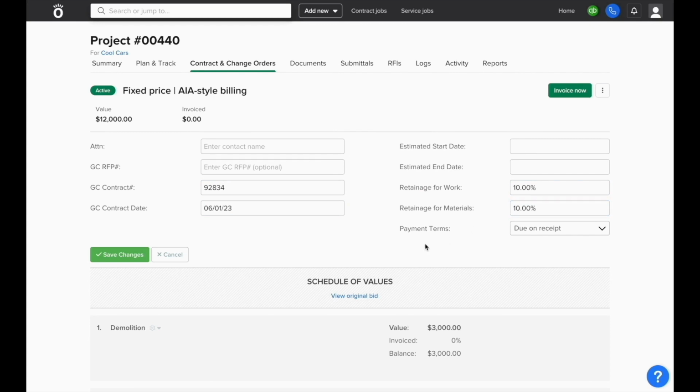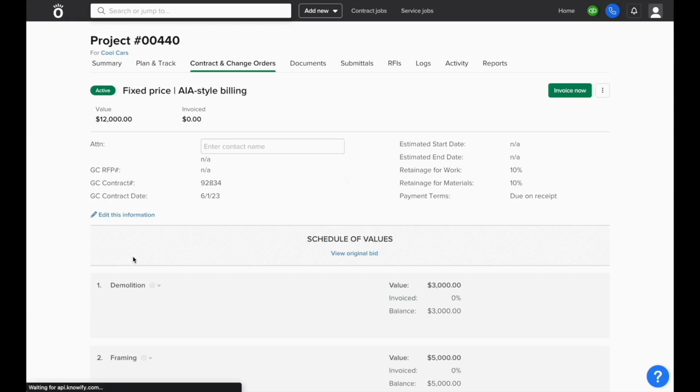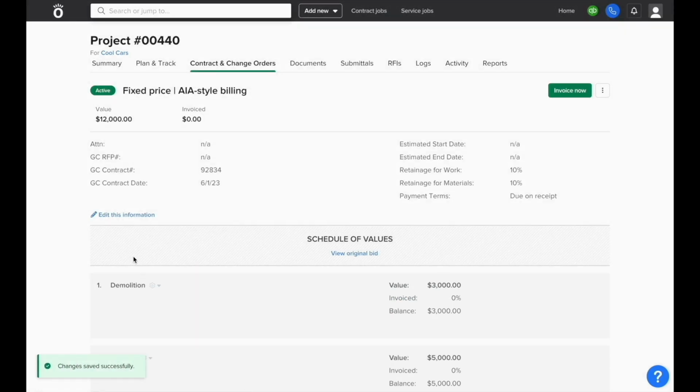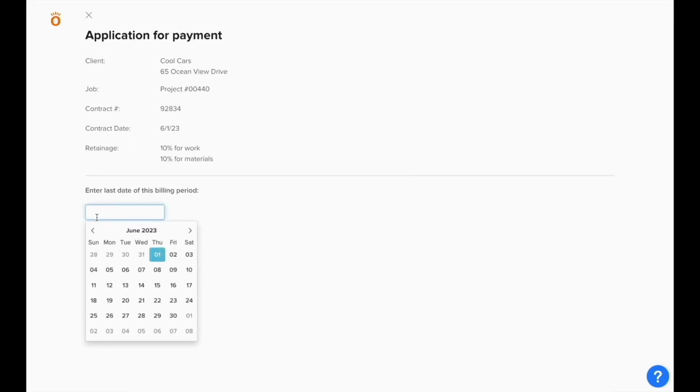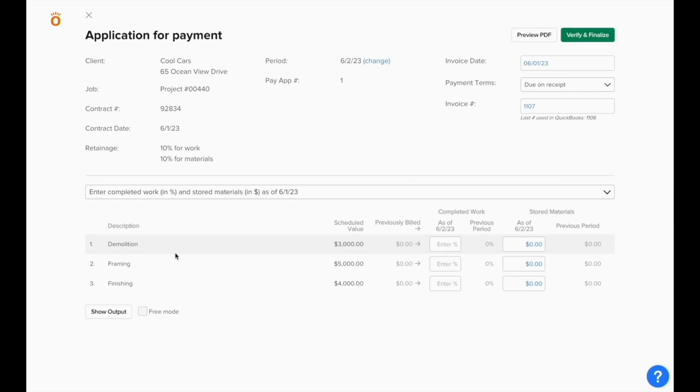Once this information has been entered and saved, you'll use the same Invoice Now button at the top right corner of the contract screen. It'll pull you to a page where you select the date of the billing period to communicate to the customer how much of the job this invoice is covering. When the date is selected, you'll be prompted to enter in a percentage of completed work and a dollar figure